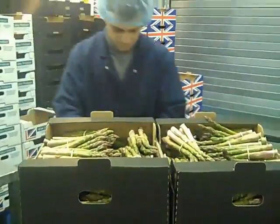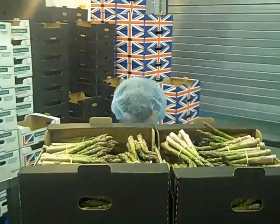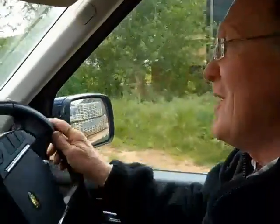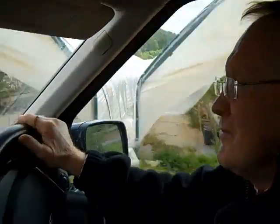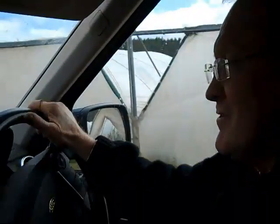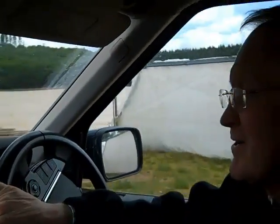Those going to catering want minimum packaging. So, have a look at the asparagus growing in the valley. We're just driving up past some blueberries growing in the polytunnels, and we'll make our way on up the field where we'll see a harvester rig harvesting asparagus from under the